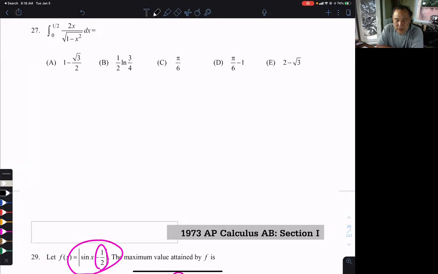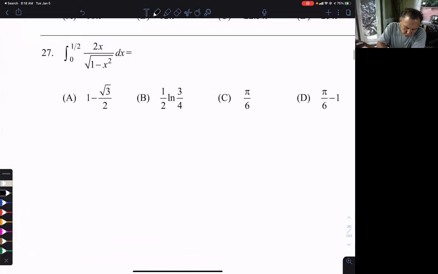Whenever you have something weird looking, always first try to rewrite it. See if you can use algebra to make it nice and simple. If that doesn't work, then you have to do a u-sub. And the most logical choice for u-sub is the function inside of another function. So my first guess would be that. And if we say let u be that,